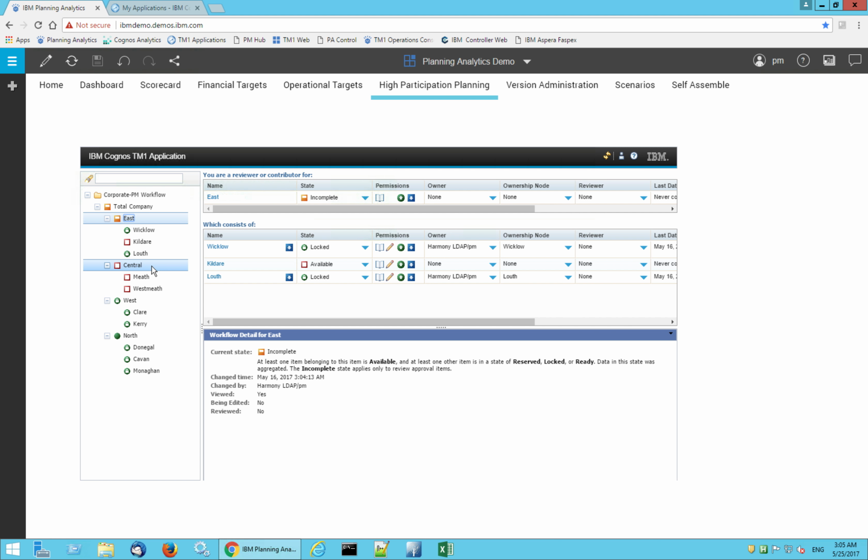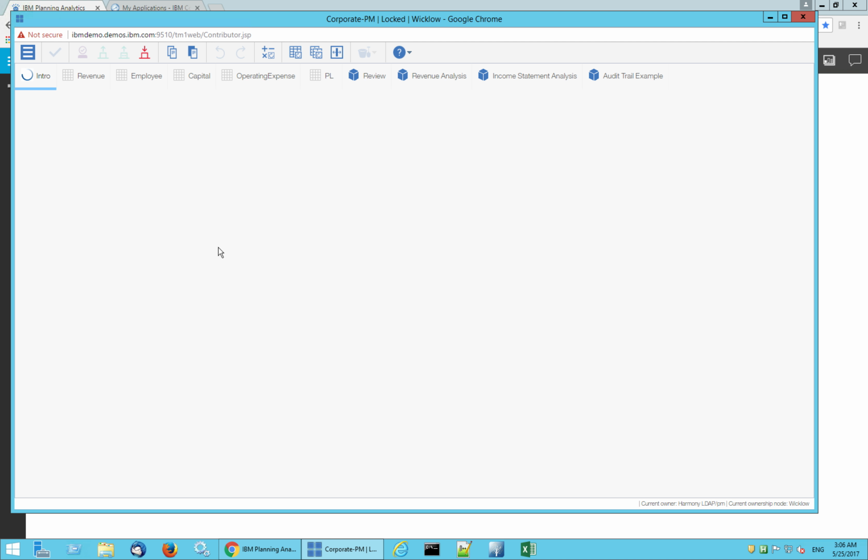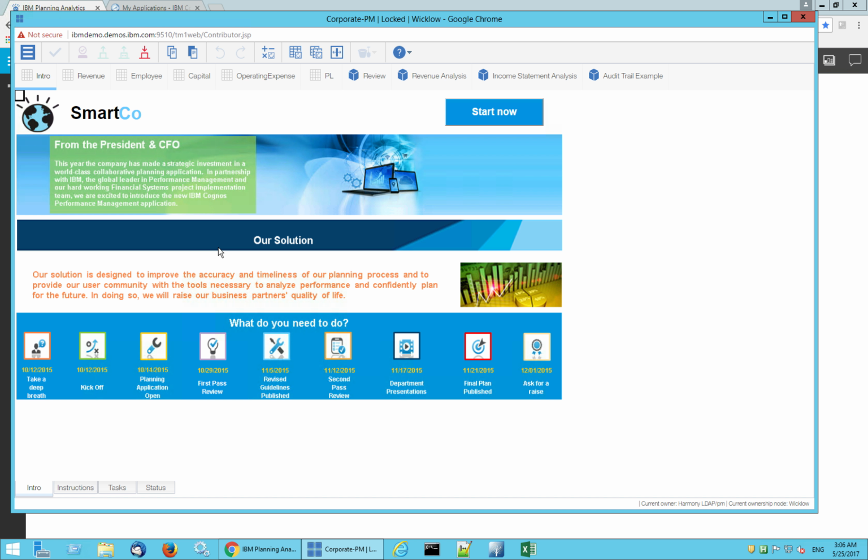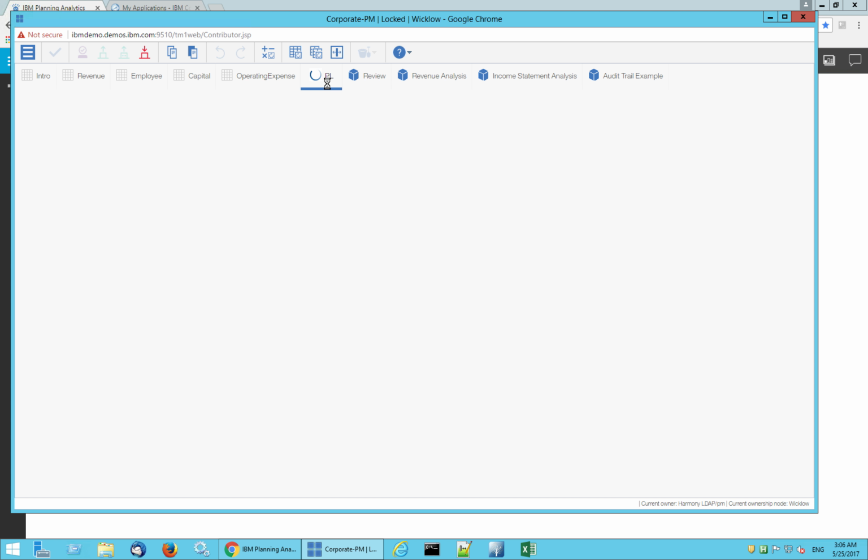So if I were to look at the East region, I can see the different counties it's made up of, and I can jump straight in and maybe look at one of the submissions. So I'm going to look at the submission for Wicklow. So here I've got a number of useful tabs, useful input screens to allow me to do some data entry. And maybe what I want to do is jump straight into the summary, which is a profit and loss type